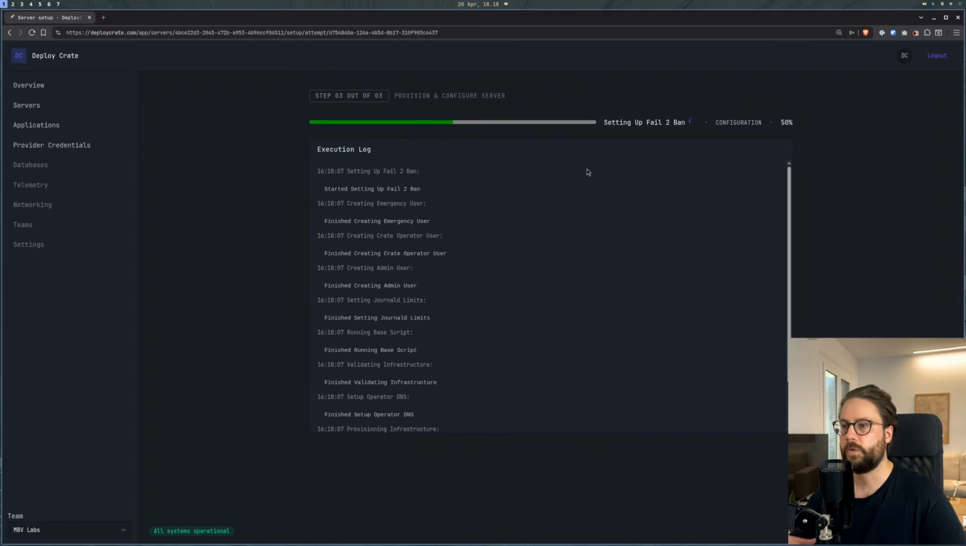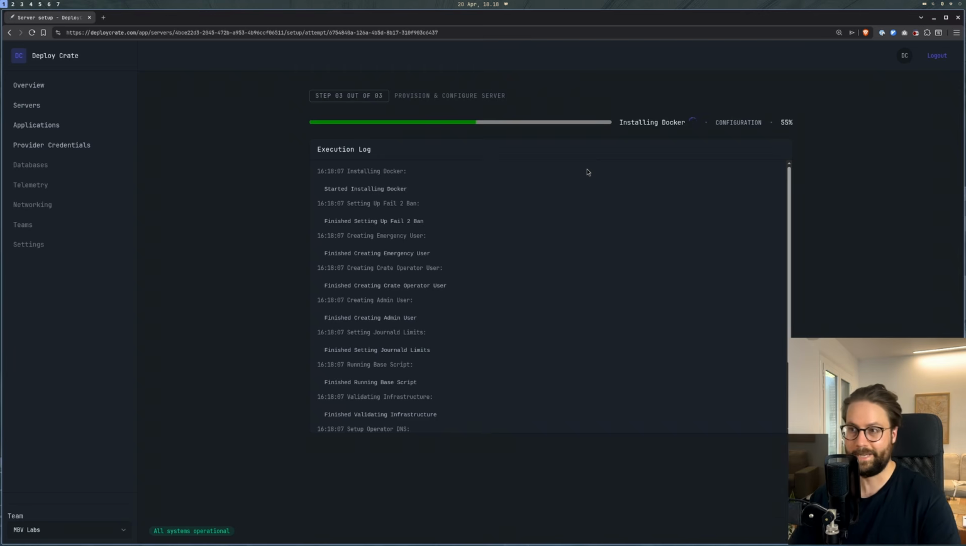It also does a bunch of security configurations. It installs Fail2ban so that we can ban bad actors. It does some SSH hardening so that we can only access the server through SSH. Basically it locks down all ports so we can only access very specific ports. It installs a reverse proxy, it installs Docker, it installs a bunch of things, and here finally it is installing